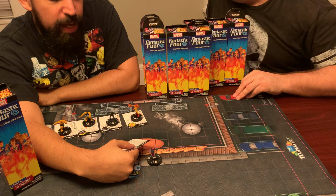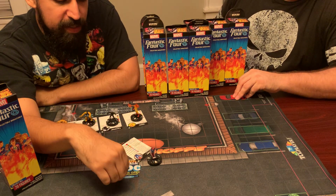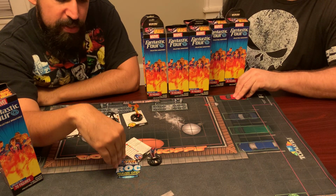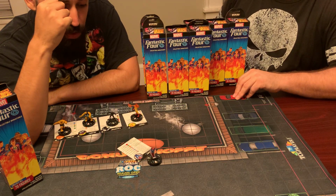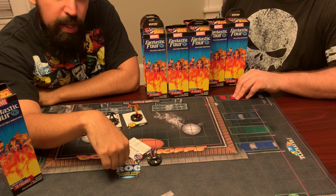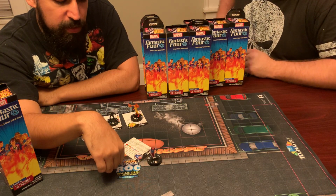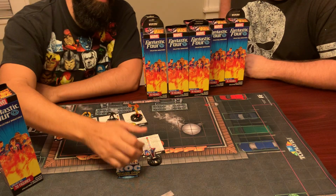At the beginning of the game, you may replace up to 4 friendly characters with the same number of characters from your sideline on their starting clicks. All replacement and replaced characters must have the Frightful Four keywords and have different names. The total points of the replacement characters can't exceed the total points of the replaced characters. So, basically, what that means...